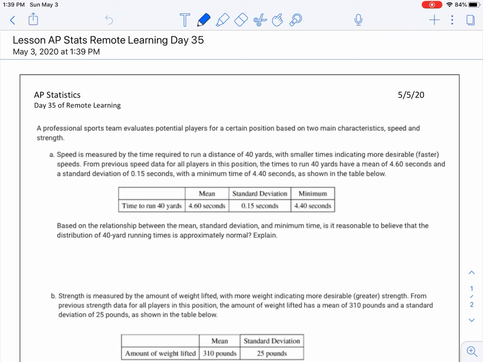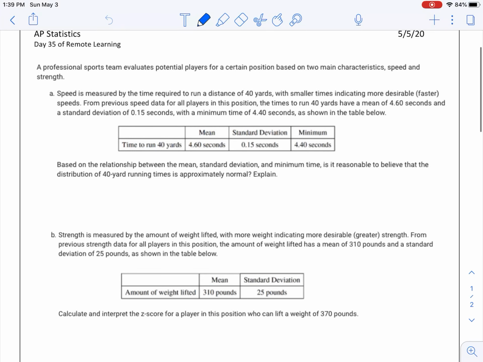I don't necessarily think it'll be just like this on your exam because this doesn't cover as many different topics. But there's a couple of things in here that I think are important, and I'll talk you through it as I go through. This first one, they're giving you the mean, standard deviation, and minimum, and they want to know if we think